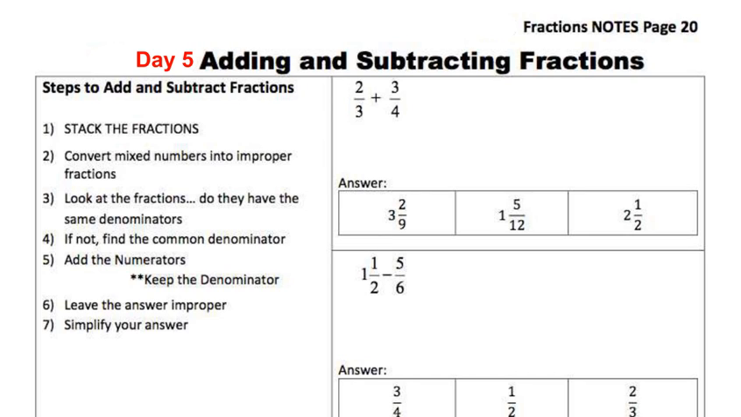Today we're continuing with our fractions unit and we're talking about adding and subtracting fractions today. So when we talk about adding and subtracting fractions, we have some steps that we're going to follow. First thing that we're going to do is we are going to